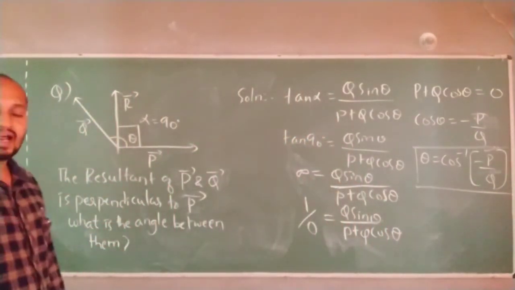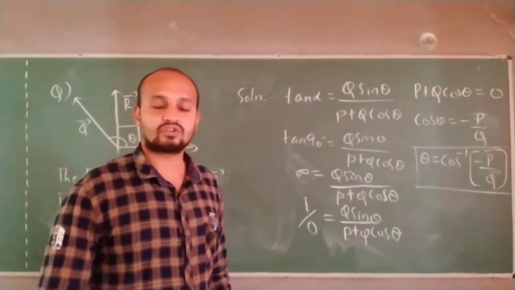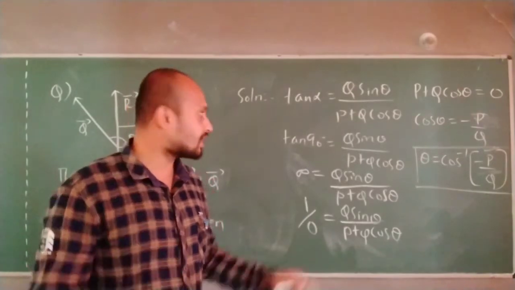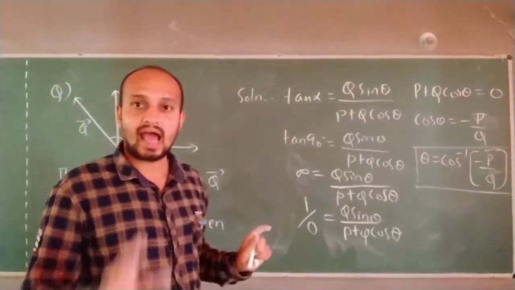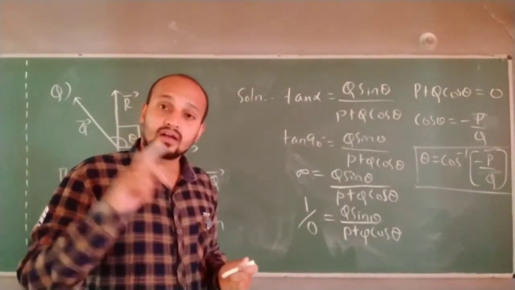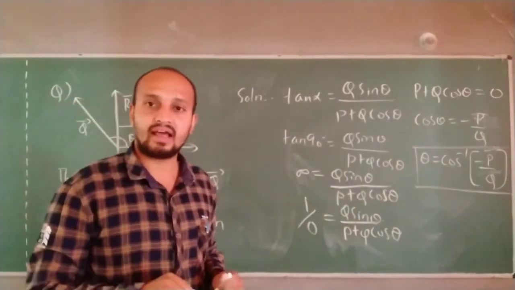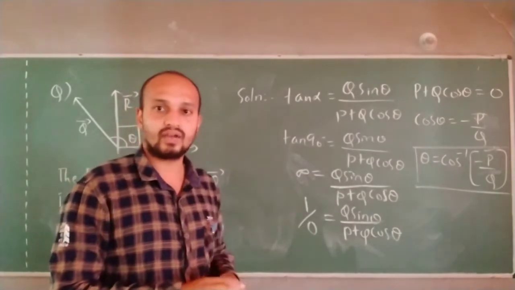So that is why, when I write a vector, two things have to come to your mind: its magnitude and its direction. Direction, in this case, is the angle alpha that I am finding. But another way of finding direction is writing it in terms of cap, which I mentioned previously. In the coming days you will understand.